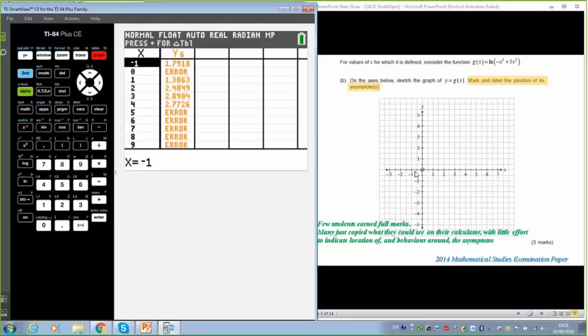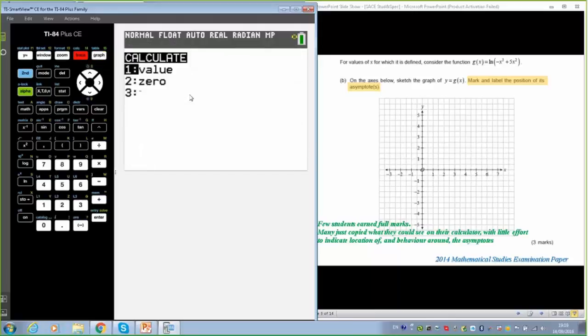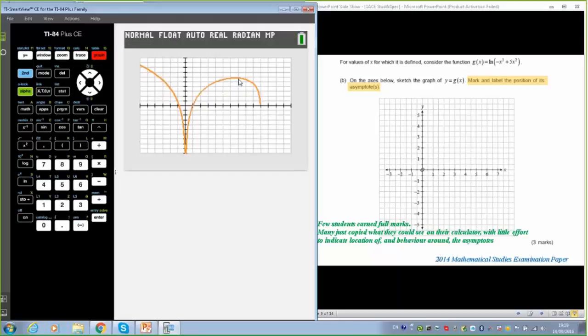So again, students know that they get an error at 5, so perhaps they'll want to put a hollow circle there to mean that it goes to 5 but doesn't touch it. Again, they can get their maximum if they want to, number 4. On here, if they want to find what that value is, they can find their zeros, as I've already showed.